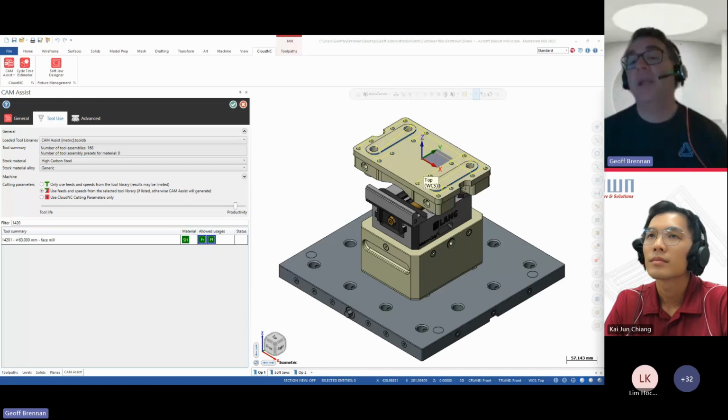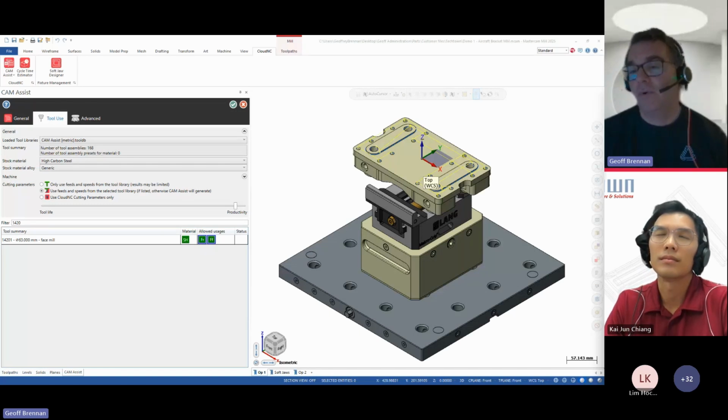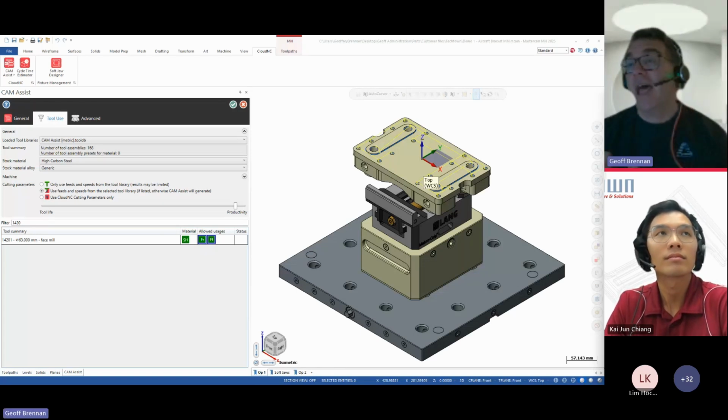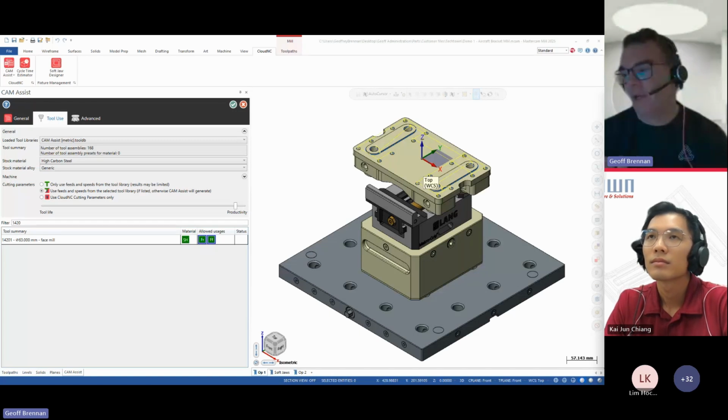So how do we train CamAssist? Basically, we're building rules into the system that govern how it decides how to machine something. So we're basically training our AI to think like a machinist. It's using statistical machine learning that is a hybrid of stochastic and probabilistic statistical inference models.